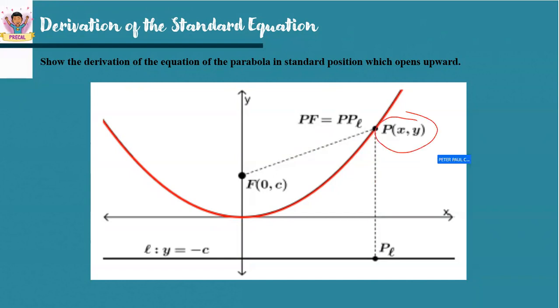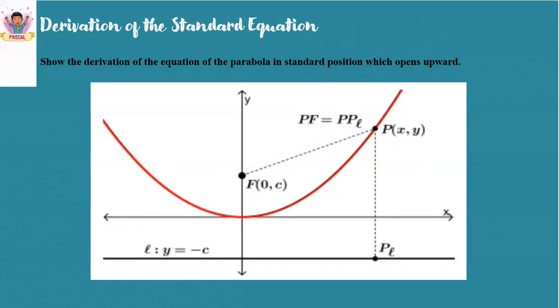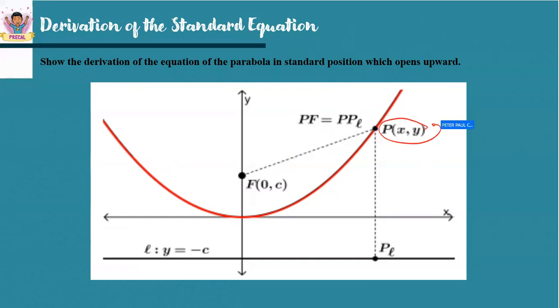Having another point now with coordinates (x, y), say, for example, here. If we draw an imaginary line connecting the fixed point and an imaginary line connecting the fixed line, that will also be equidistant. By definition, if this is 5, then that will be 5. Notice the imaginary line drawn from a point that we do not know to the fixed point, which is our F, is represented by the line segment PF.